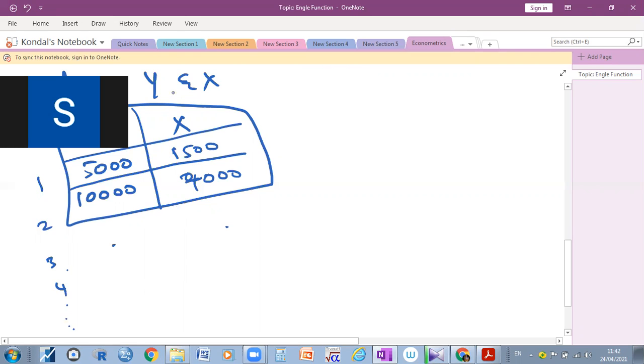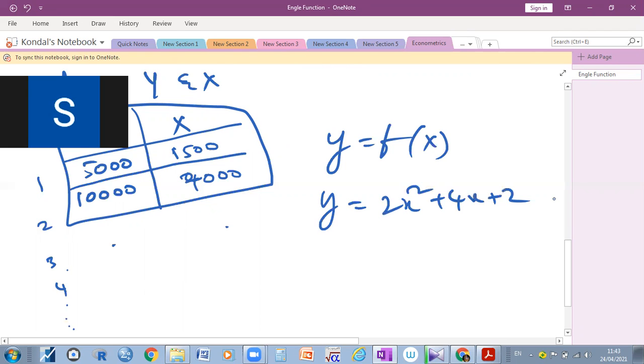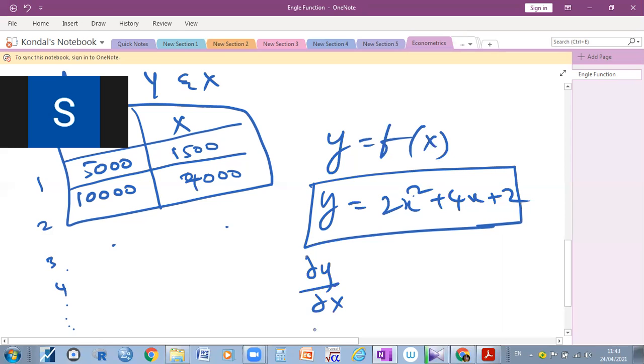So when you have data like this, y and x, you are going to know the rate of change in y due to change in x. Nothing but, when you are studying functions, y is a function of x. For example, in mathematics, 2x square plus 4x plus 2 is one such function. It may be non-linear because the power value is more, right? When we have the linear, we have done derivatives, dou y by dou x, which is the rate of change in y due to change in x.